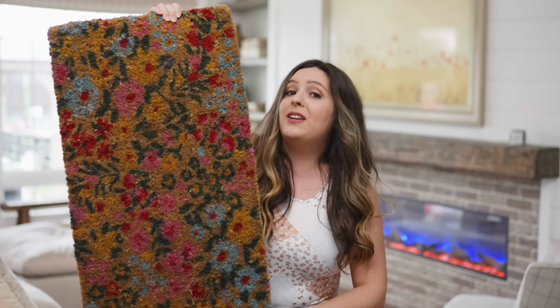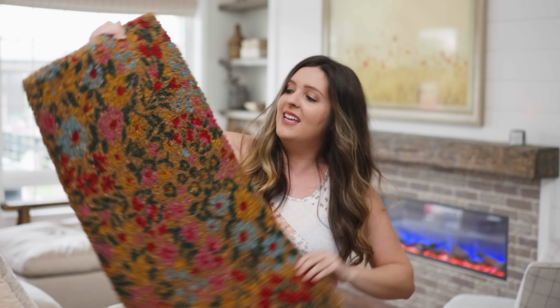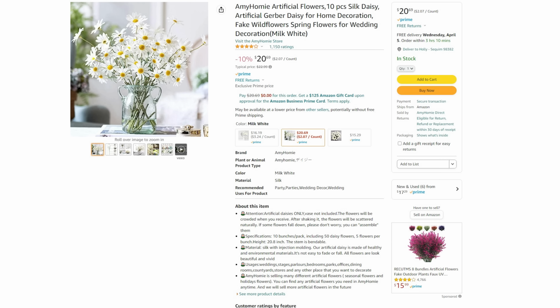So we've already put this to use. That's why it might look a little bit dirty, if you guys can see, and I'm loving it. I'm loving all this color, you guys. It's so much fun. The next item you might recognize from one of my shorts videos, and we recently shared